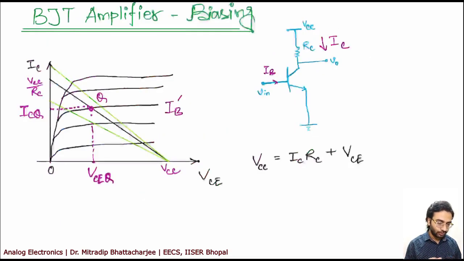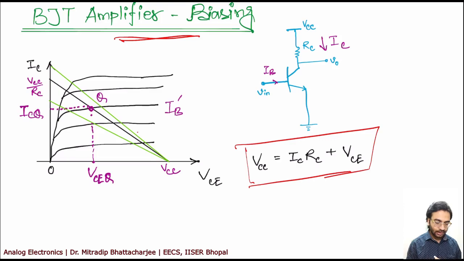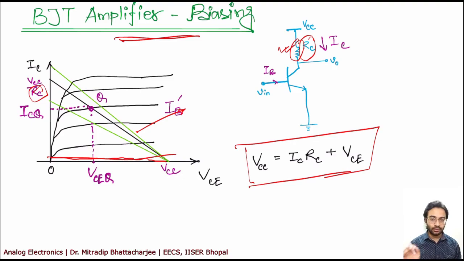Before that, I discussed the amplifier biasing conditions, the load line, and how the load line changes with the value of RC that you choose. So the value of the resistance RC is really important. It will decide where your load line is. If you take a very high RC, it may happen that your load line is very low somewhere here, which is in the off state, so it will not work at all. So deciding the value of RC is important for a given VCC.